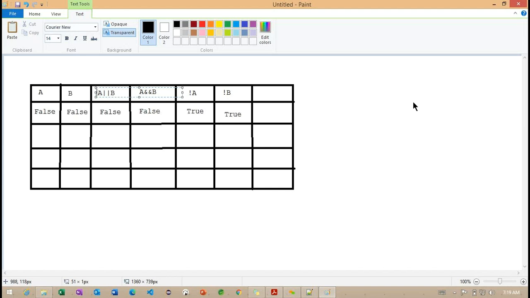Getting the point? Now what you are understanding is whenever we are trying to define A value as false and B value as false here, this particular A or B condition is returning true, and A and B condition is also returning true. So basically, how is the A or B condition going to work? This is our A value, and this is our B value.